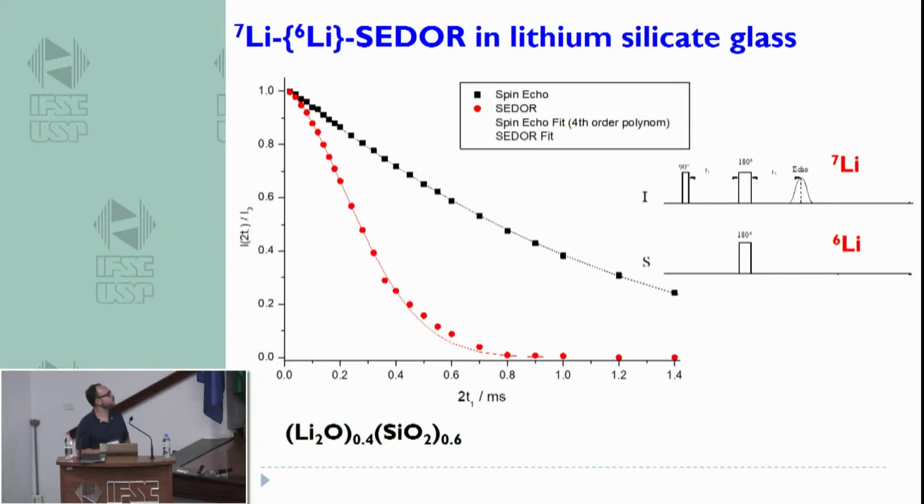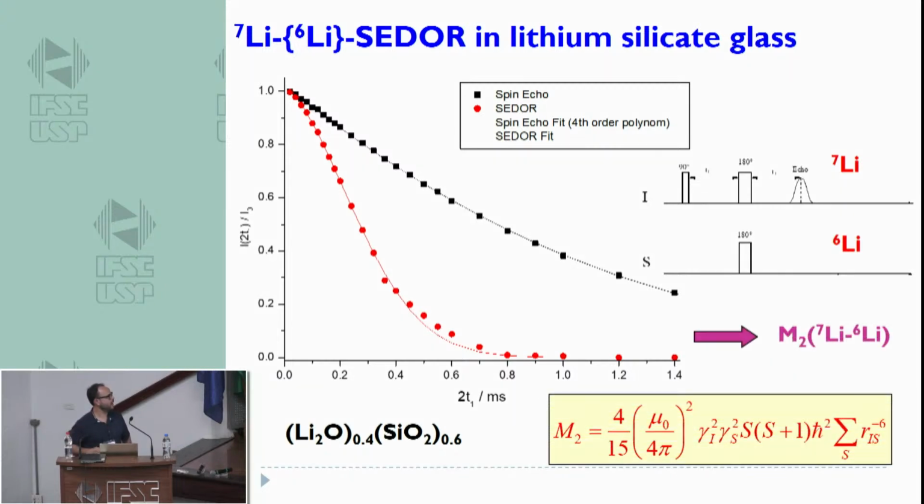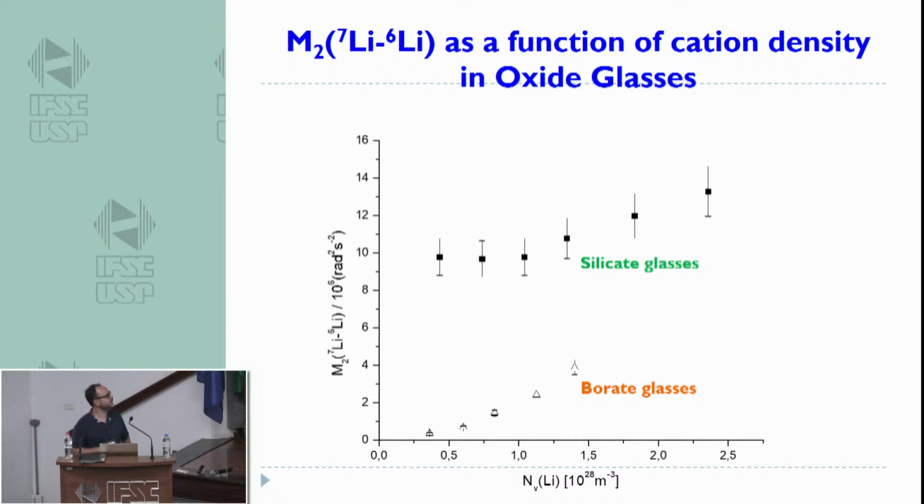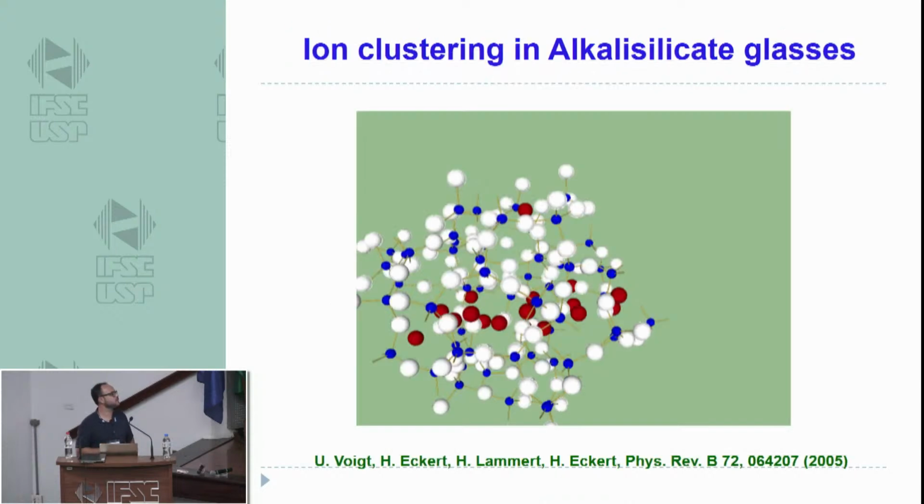So we can do this, for example, with two isotopes of lithium, lithium-7 and lithium-6. And then when we do the experiment for, again, silicate glasses and borate glasses, we see the same deviations we were observing for sodium species. So what we can say, in general, at least for these light network modifiers, is that for alkali silicate glasses, we tend to have clustering of the network modifiers,